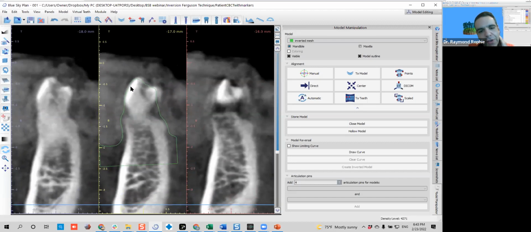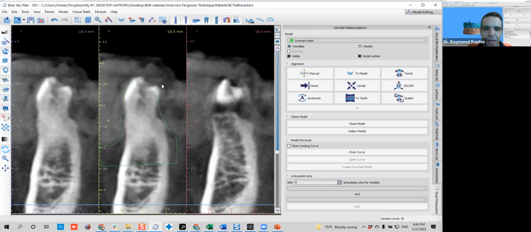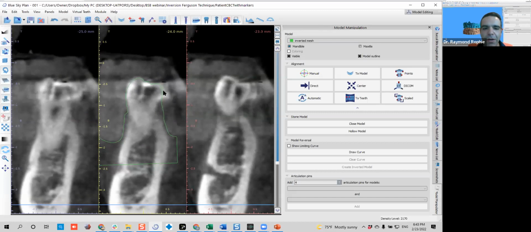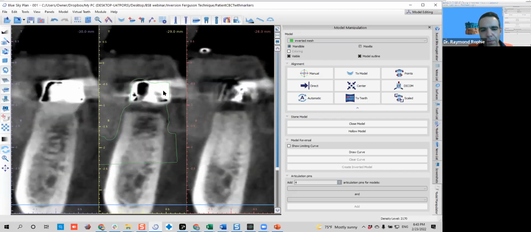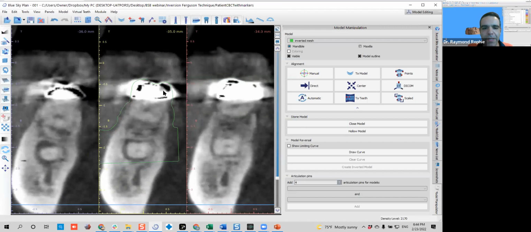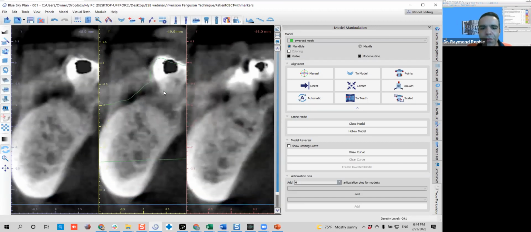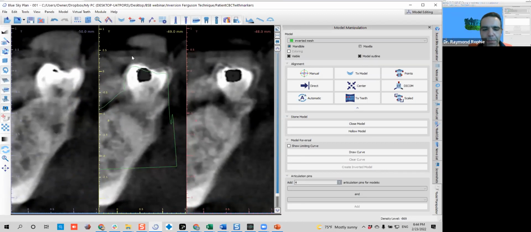So clearly here, it's very good alignment. However, you have this area on the cusps that is being constant since the incisal edges, that we have it in all of the teeth. So that means that it's aligned, yes, it will work, yes, but we can improve this